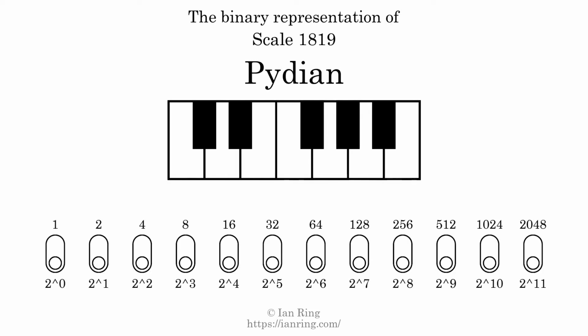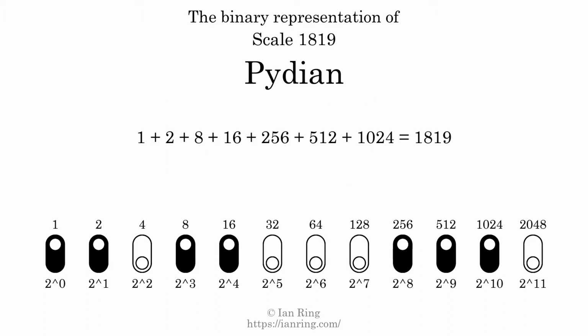The binary representation of this scale is determined by mapping tones of the scale to binary digits. Each binary digit represents a power of 2. To get the scale number, we add the powers of 2 together. The powers of 2 that are present in the scale, all added together, equals 1819. That is why the scale number, in decimal, is